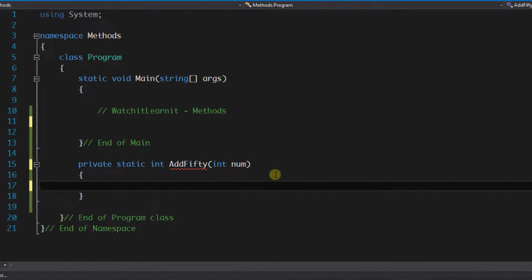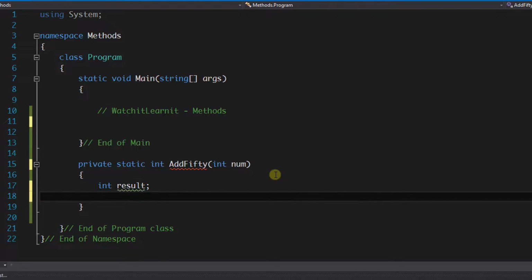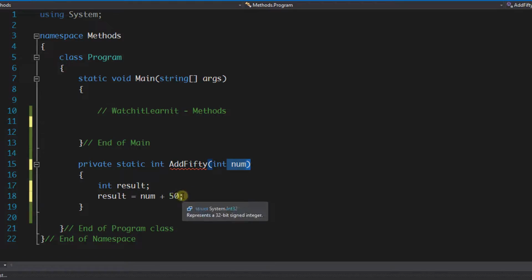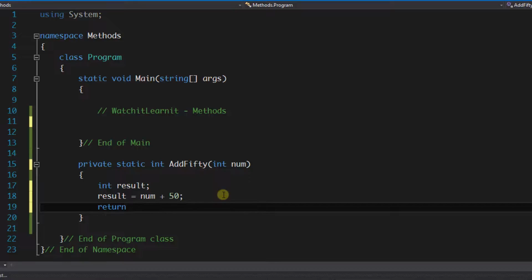We'll go back into our method. We know that it's going to have this number returned at some point. What we're going to do is say int result. So we'll create a new integer, and we're going to say result equals num plus 50. So we're going to take whatever value we pass the method, add 50 to it and store it in result. Now we've still got an error because we've said we're going to return an int and currently we're returning nothing. So we'll do return result,